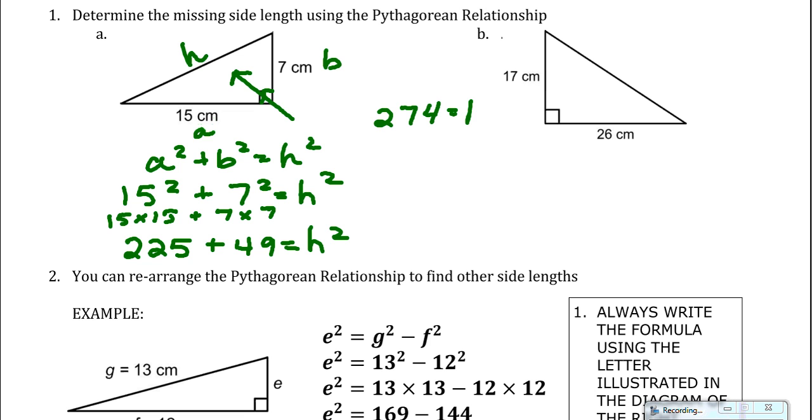274. And so if I made a giant square off of the hypotenuse, there would be 274 squares of area inside. I don't want to know that. I want to know the length. So the way that I find the side length is we take the square root. And so when I go square root of, oops, I don't want cube root, I want square root. 274, we get